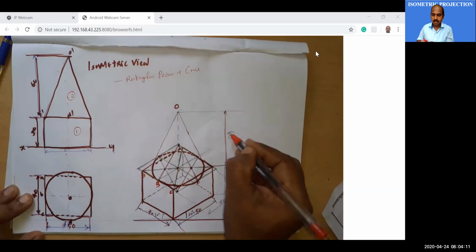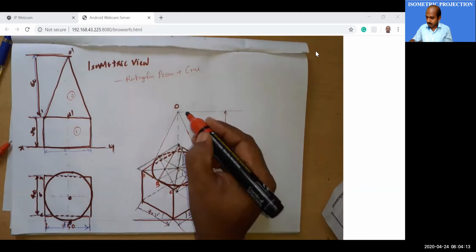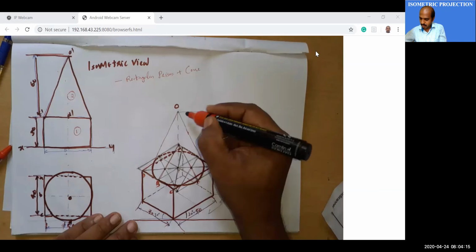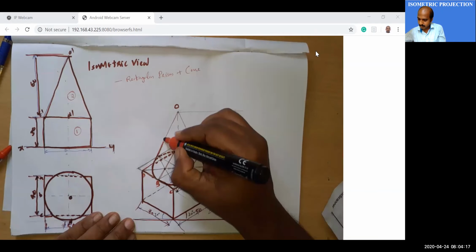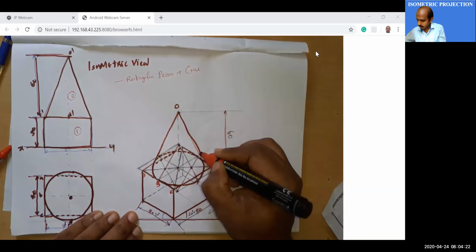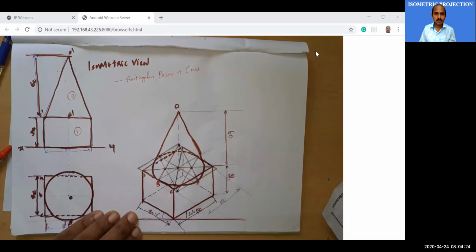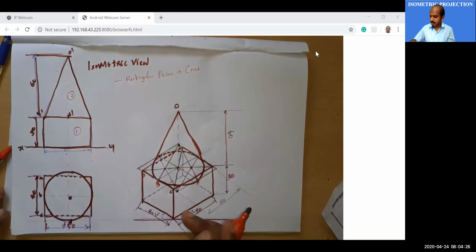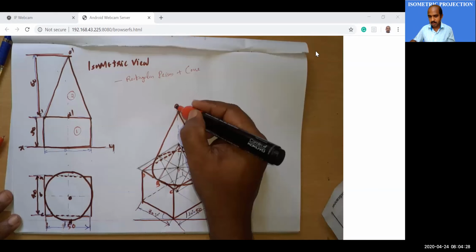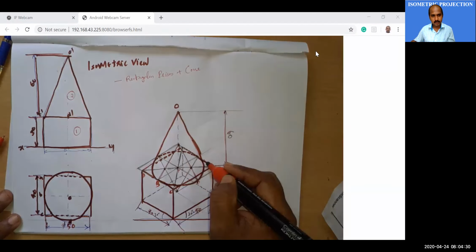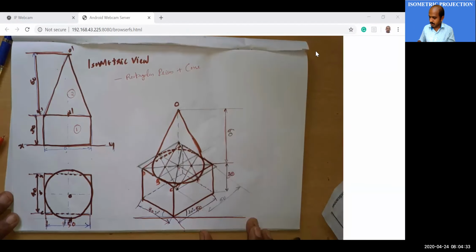From this apex, you connect to the circumference of the bottom of your cone. Okay, from the apex connect to the bottom of your cone. Is it clear?